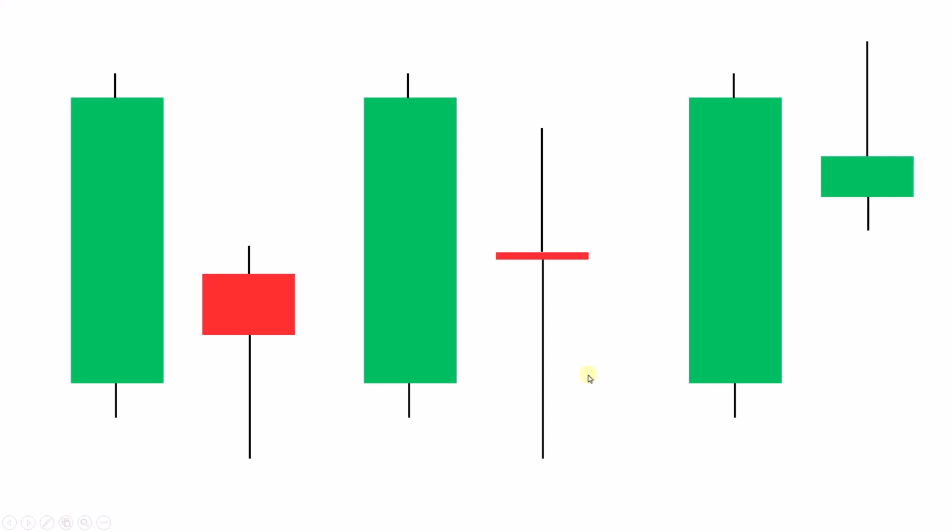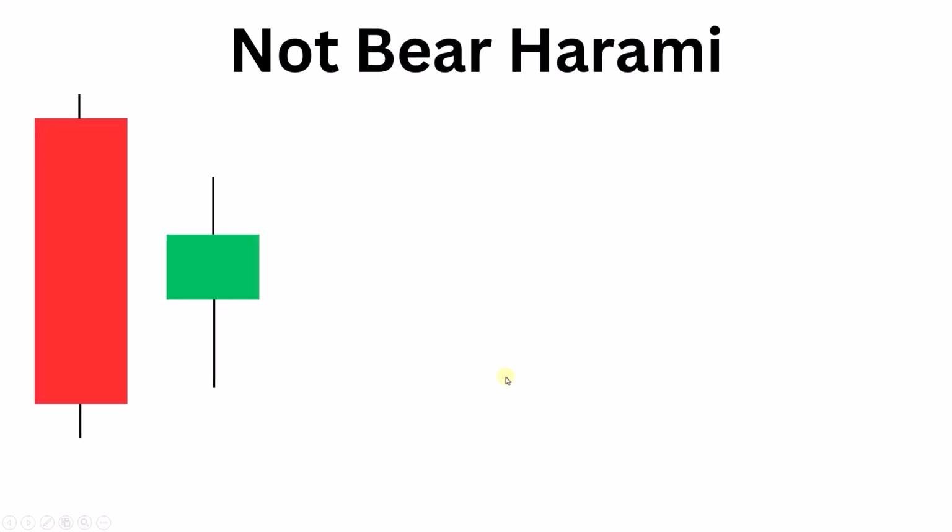Okay, now let us look at the non-Haramis. So this is not a bear Harami. This is a red candle, correct? We do not want the first candle to be a red candle. Where does a bear Harami occur? At the top of an uptrend. At the top of an uptrend, we want a green color candle, a big green color candle. But here what has happened? A red candle has come. It is big, but we do not want it. Okay. Every other rule is being satisfied here, but the first candle is red,